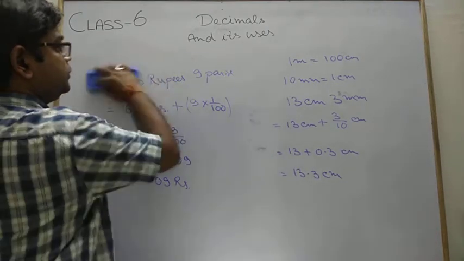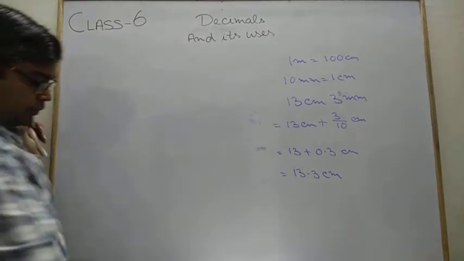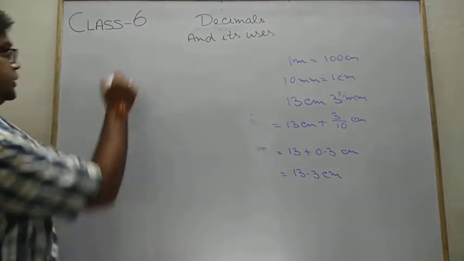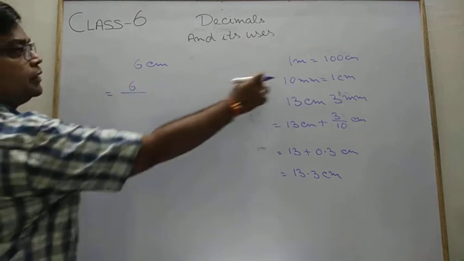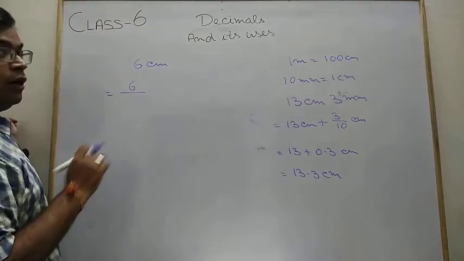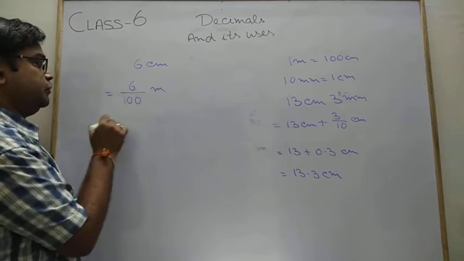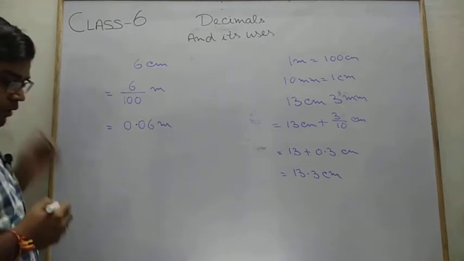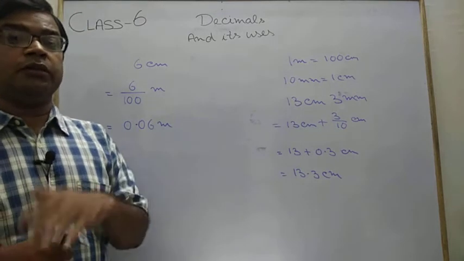Likewise, we can solve some other concepts also. Convert into meter. It is given that 6 centimeter. How do we convert them? As we know that in 1 meter we have 100 centimeters, so 1 centimeter is 1 upon 100 meter. So 6 upon 100, and we easily convert into meter. It is 0.06 meter. Likewise, you can convert into kilometer, into kilogram by knowing the metric table.